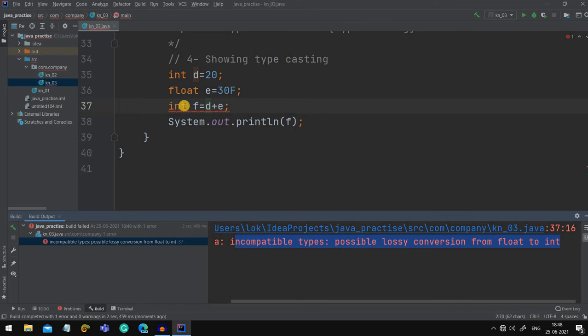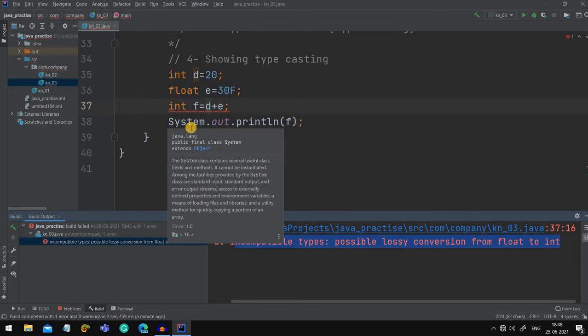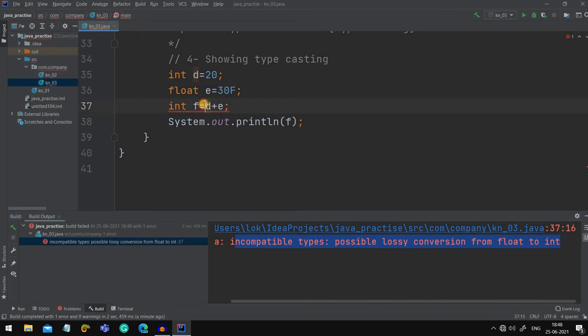But here a new programmer came. He was not knowing which data type should be converted to which one, or the final output should be converted to which one. Therefore he got an error here, and how to solve it? This is where the typecasting really works. How to do it? Let me tell you.